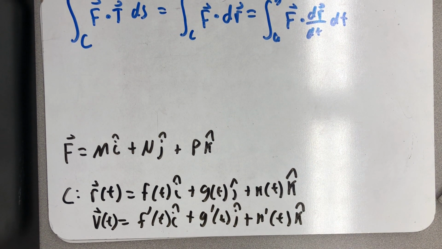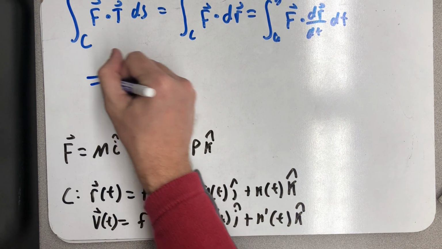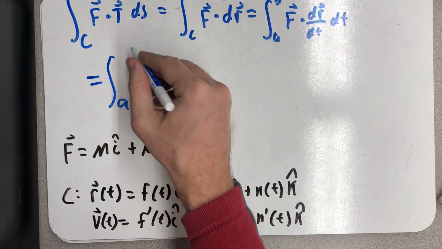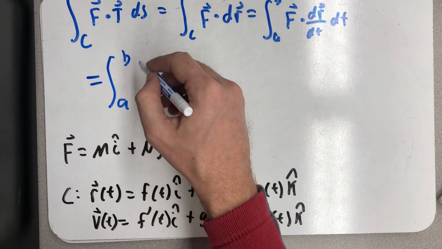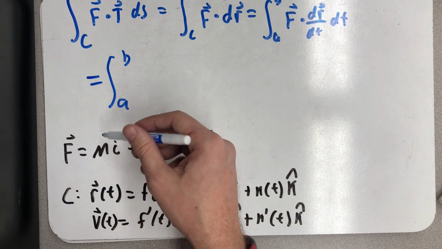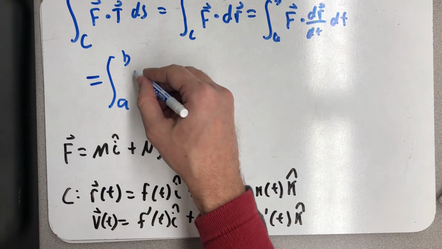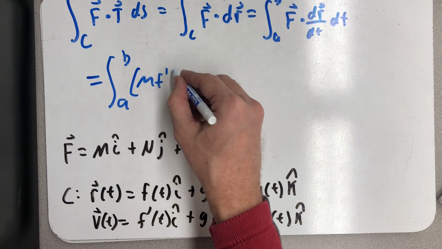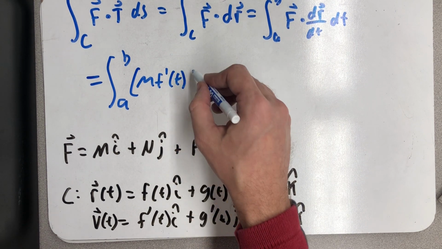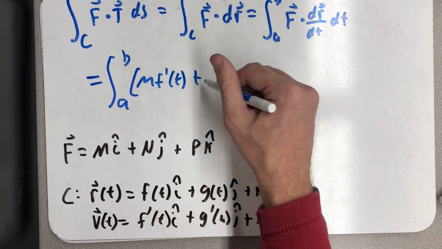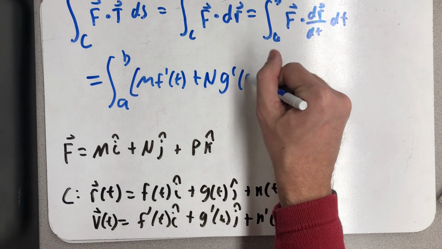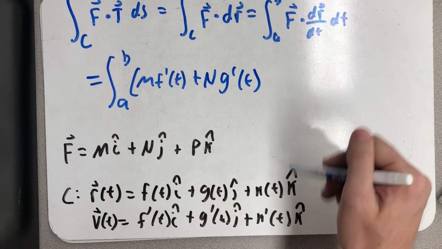All right, and so now I have all the things that I can actually write down this integral using these functions and the dot product. So this would be the integral from a to b of, well, if I do this dot product, I get M f prime plus N g prime plus P k prime